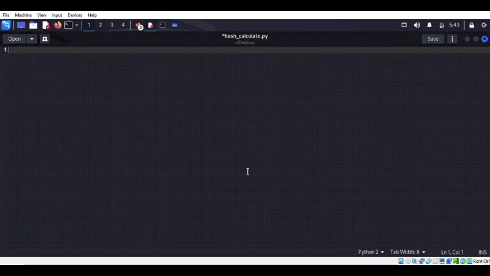Hello friends, today we are going to create a program that will calculate file hashes. So in this video we will see how to create this program and how it can calculate hashes. So let's get started. First of all, we have to import some modules here,